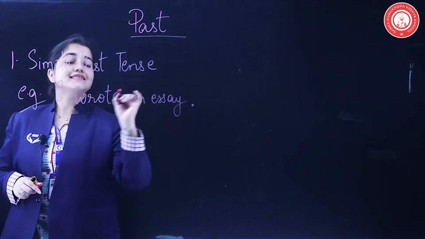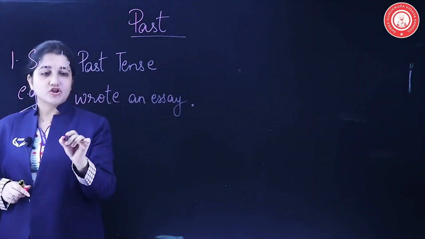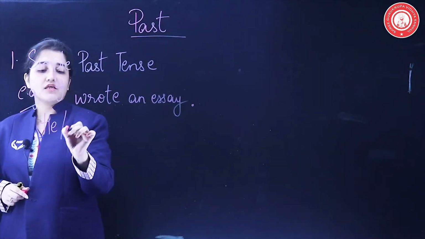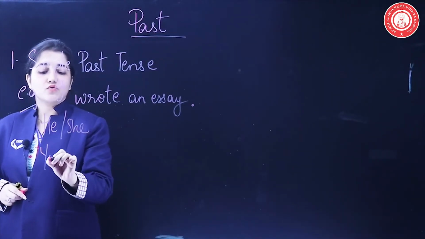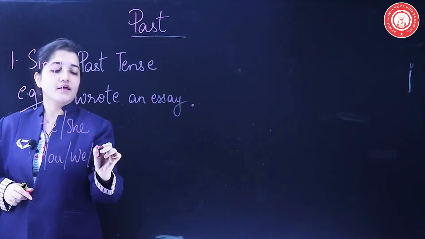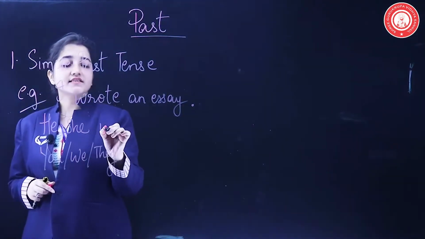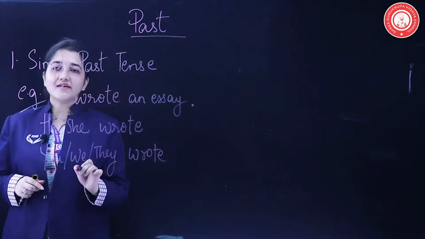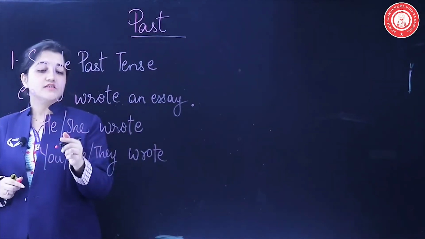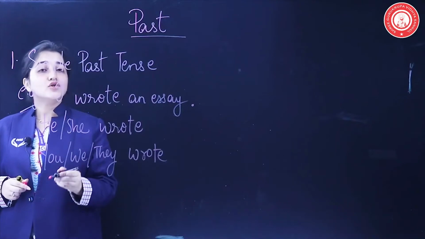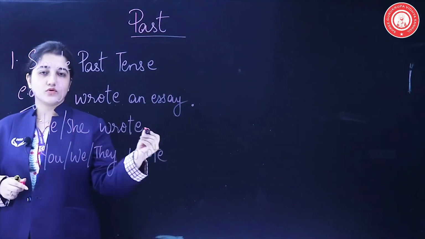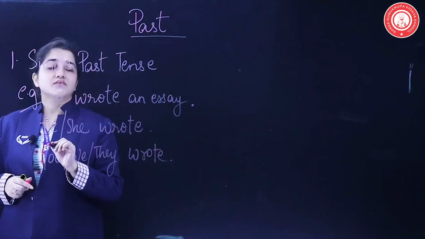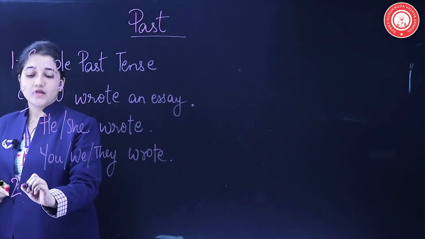Now here, the easy part is, whether the subject changes, the verb will remain the same. Even if it's I, or he or she, or you, we, or they, they'll always use the second form of the verb, which is wrote. No need of a helping verb, which makes it very easy. So he or she wrote an essay, you wrote an essay, we wrote an essay, they wrote an essay. So the simple past tense is one of the easiest types of tenses. Okay. Moving on